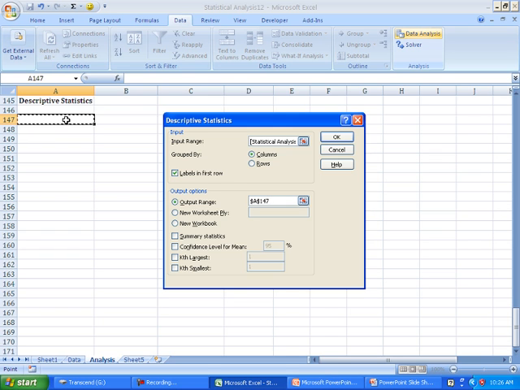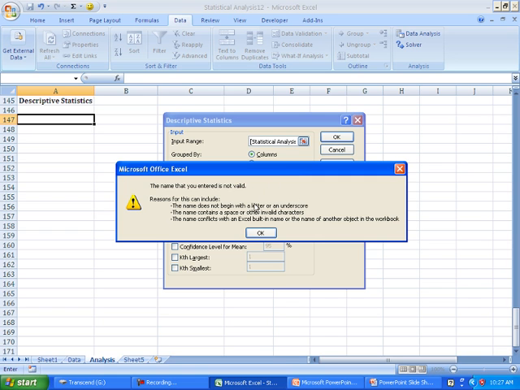This is where I want my output to be displayed, and all I need to ask for is the summary statistics, which is the same as the calculations that we have done till now. The measures of central tendency, dispersion, skewness and kurtosis are all given in one single shot as a part of the summary statistics. So we don't need to use separate explicit formulas for each one of them, but the interpretation part is still the same. So if I say OK here,